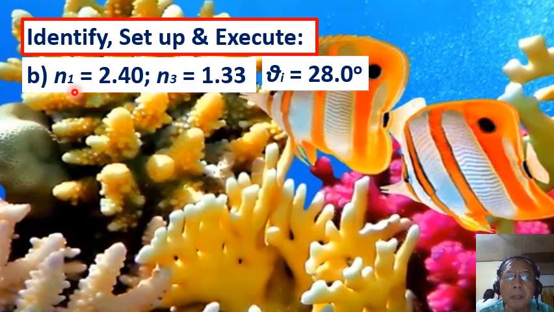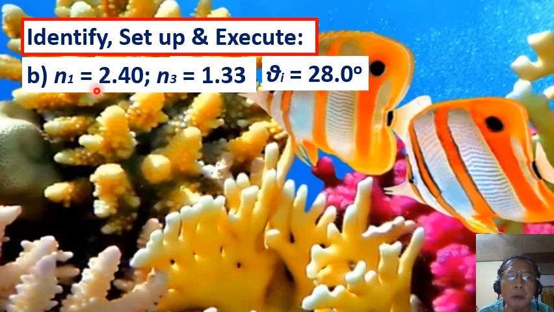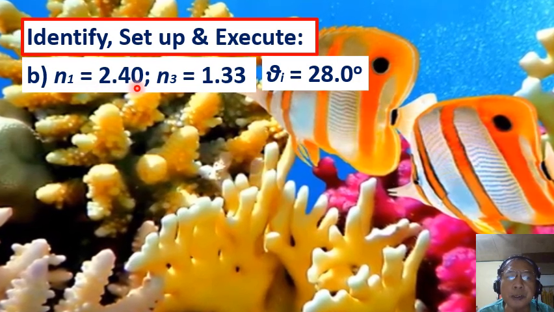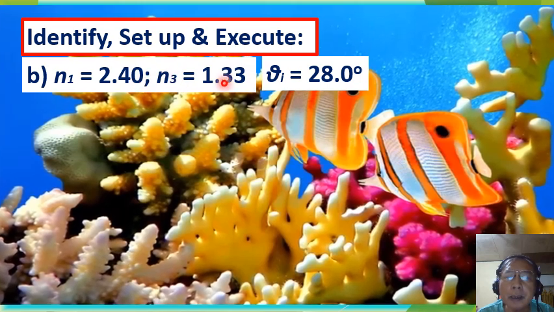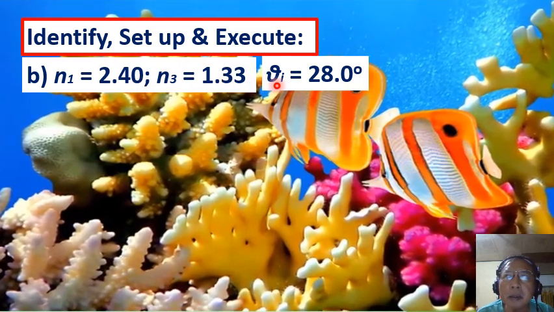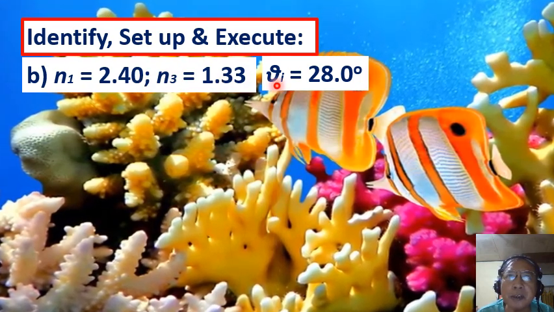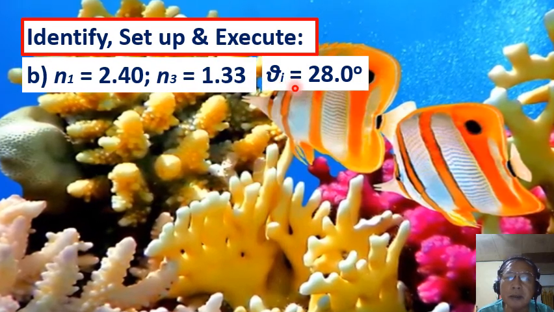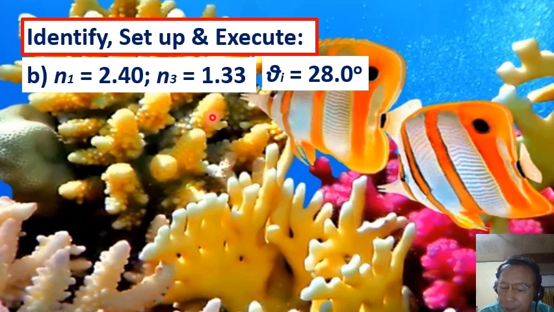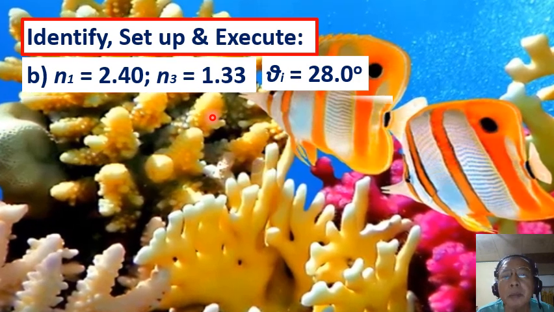And that of the first medium, or diamond, is 2.40. So still the first condition for total internal reflection to take place is also satisfied. All right? But